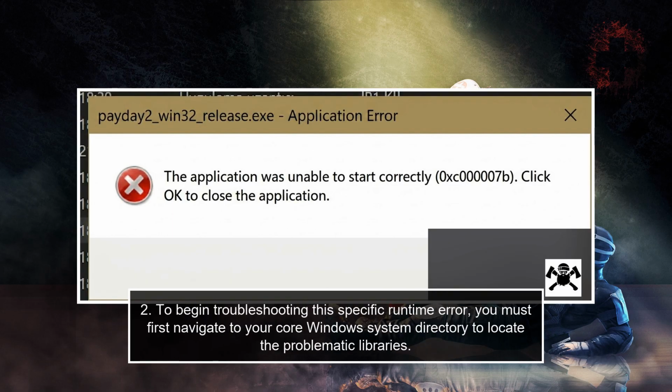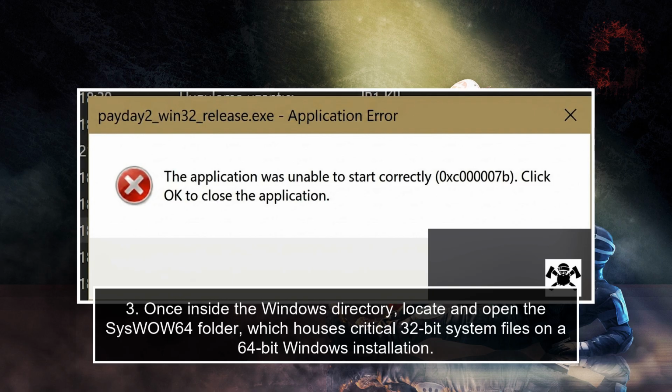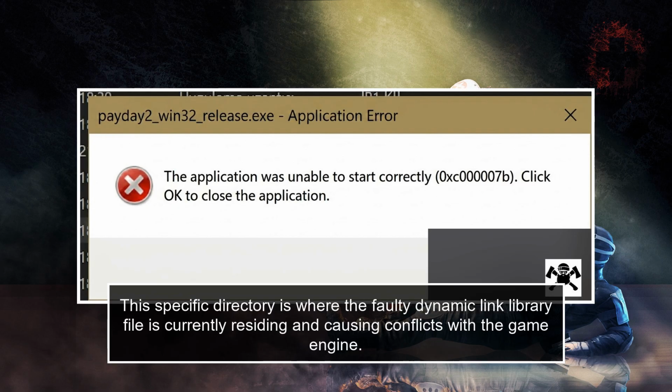2. To begin troubleshooting this specific runtime error, you must first navigate to your core Windows system directory to locate the problematic libraries. Open your File Explorer and navigate directly to your local C drive, then double-click to open the primary Windows folder. 3. Once inside the Windows directory, locate and open the syswow64 folder, which houses critical 32-bit system files on a 64-bit Windows installation. This specific directory is where the faulty dynamic link library file is currently residing and causing conflicts with the game